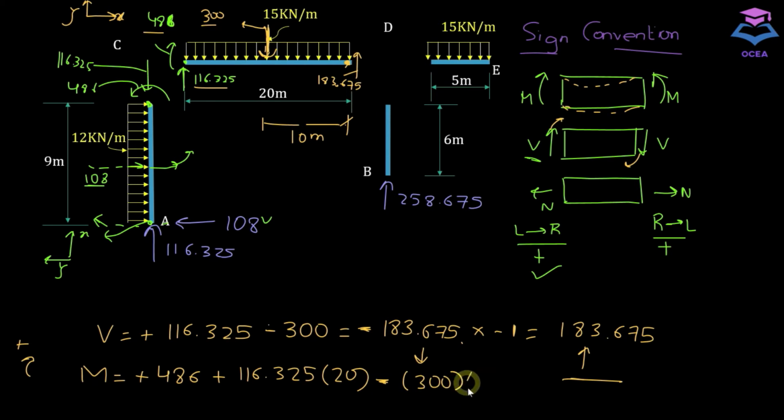300 multiplied by 10, and if we solve this, we get minus 187.5. The minus sign indicates that it's acting in counterclockwise direction. So just multiply it with -1, because we need to apply it in the opposite sense to keep the member in equilibrium. And since it's coming out positive, we need to apply a clockwise moment. So let's apply a clockwise moment here, and this has a value of around